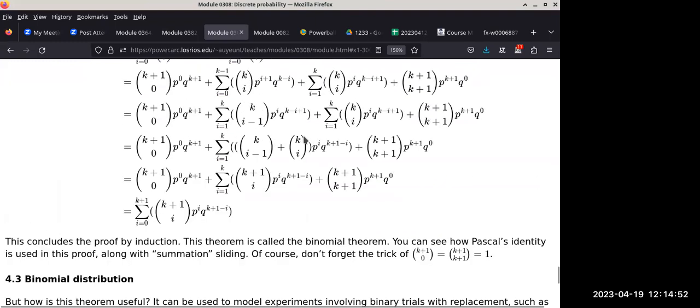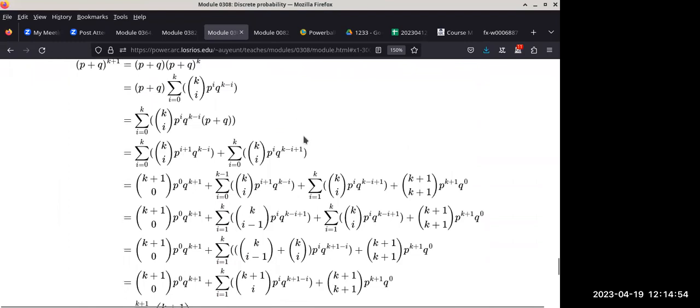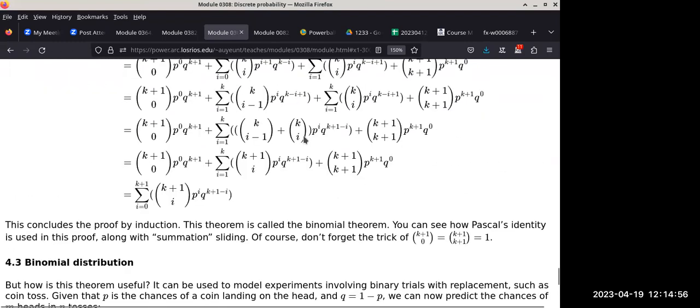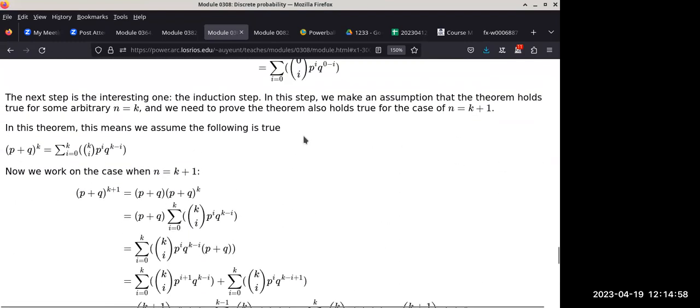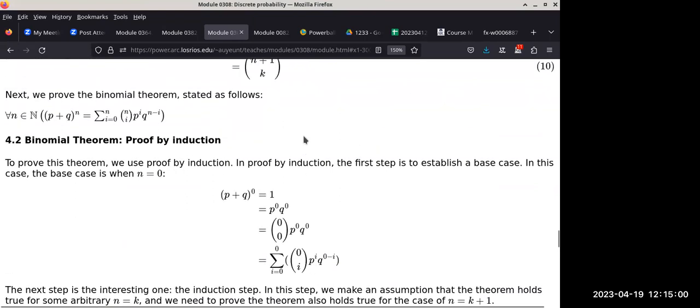Last time we used proof by induction to show that the binomial theorem is indeed correct. This is a real theorem. So let's just use the theorem and find out what it means. The theorem says, as long as n is a natural number, (p + q), it doesn't matter what p is, doesn't matter what q is, okay? p and q are just representing two variables. So (p + q)^n